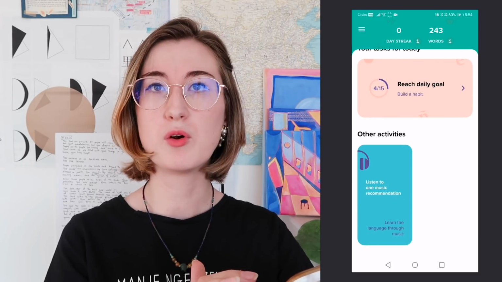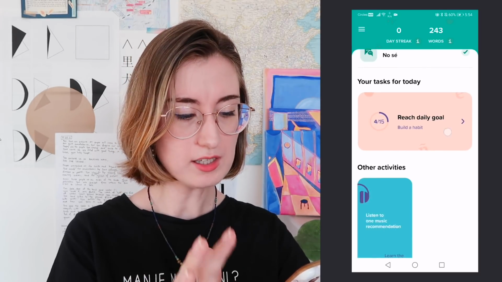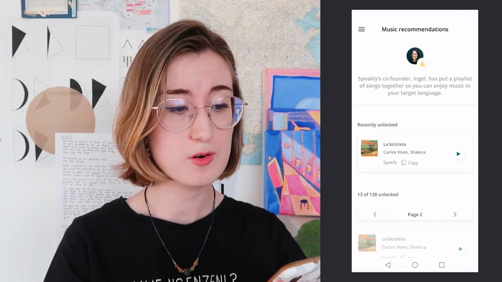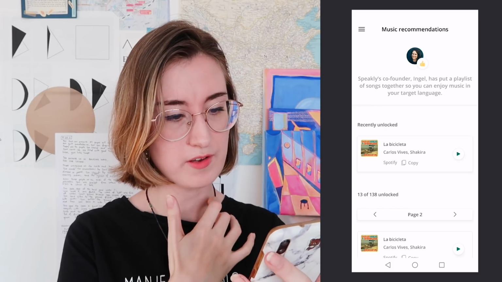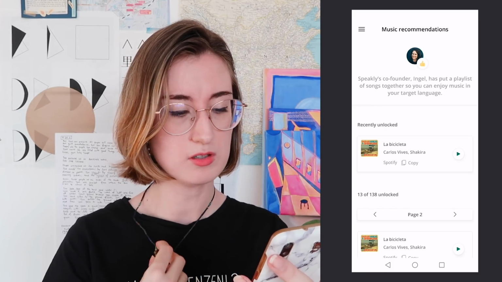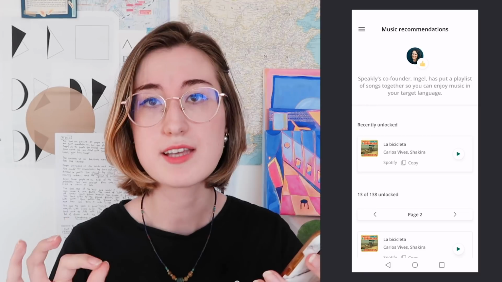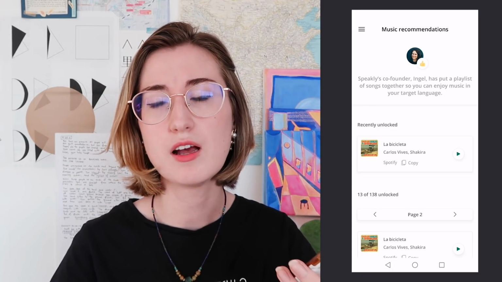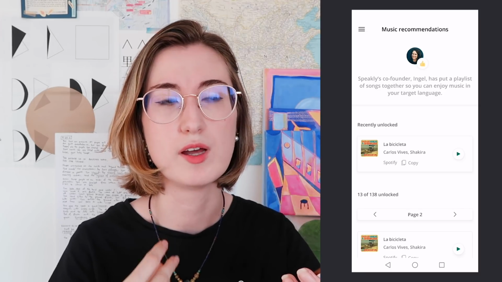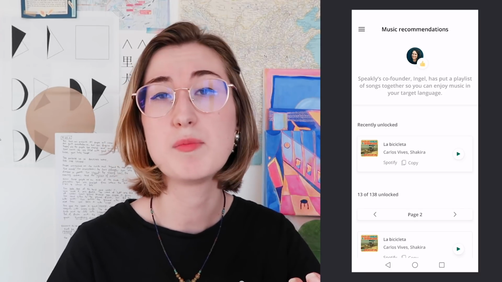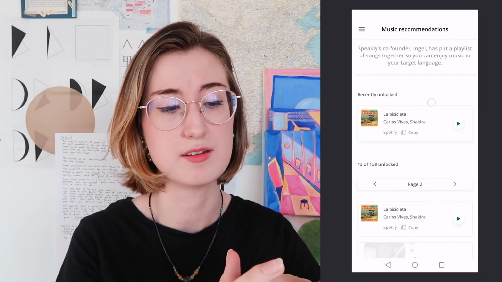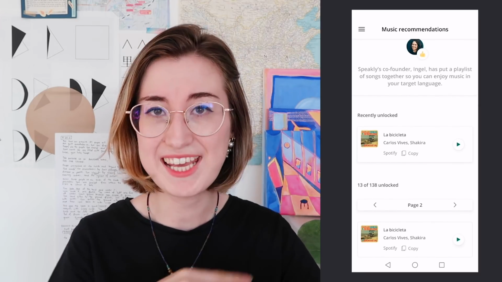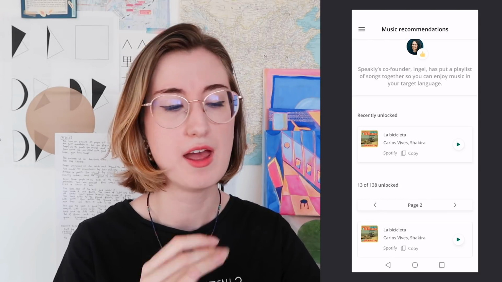Cool, so I only have 1 more activity left for the day, and that is to listen to a music recommendation. How nice. Okay, so the co-founder has a playlist of songs so you can enjoy the target language. This is where I really think the Speakly app has gone 1 step further. Usually a lot of language learning apps just provide you with example sentences, maybe some video content that they have created themselves, or like newspaper clippings, but I've never encountered an app integrated into a language learning app that has